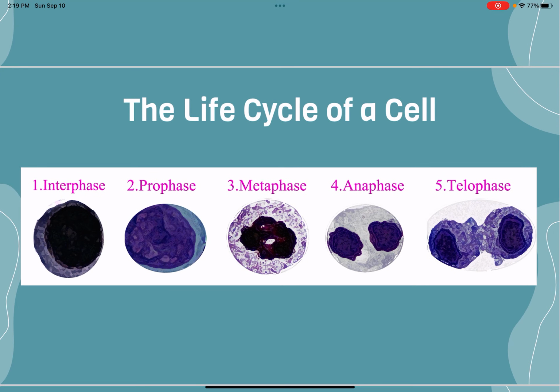The cell spends most of its life during interphase, the period between mitosis. During interphase, the cell actively makes new materials and grows. The chromosomes are duplicated before mitosis actually begins. Mitosis includes 4 stages: prophase, metaphase, anaphase, and telophase. During prophase, the first stage of mitosis, the chromatin, which are diffuse strands of genetic material,